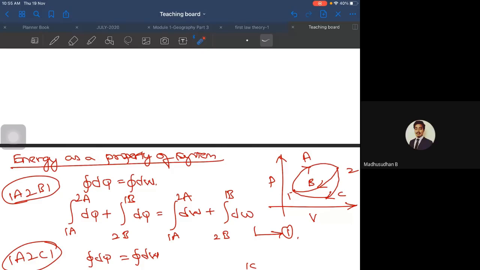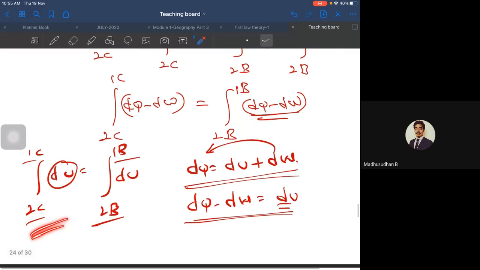So the overall gist of the explanation is that whether you go by path B or path C, the end result, the change in the energy, will remain the same. Irrespective of the path you have taken, if the energy remains the same, then the path has no significance on the energy, right? That means it is not a path function. It should be a point function. That is how you develop all this theory.